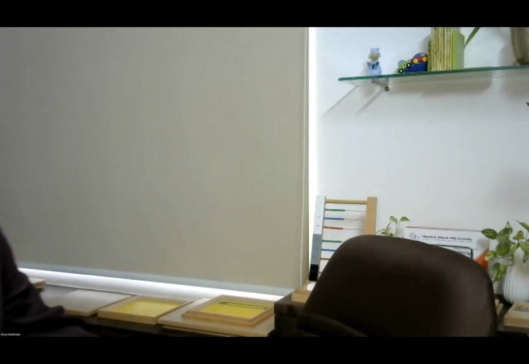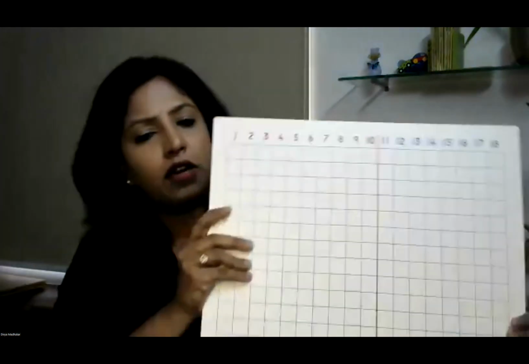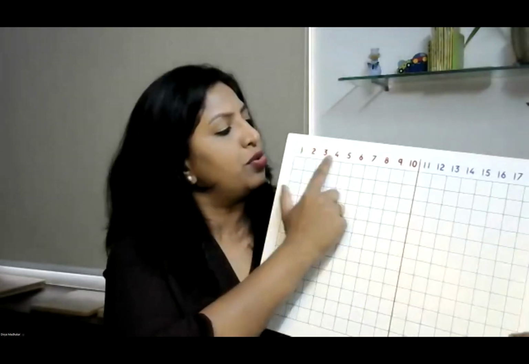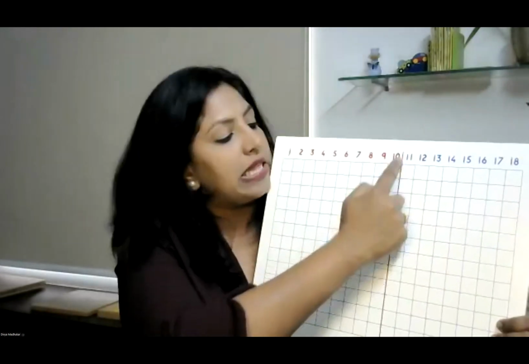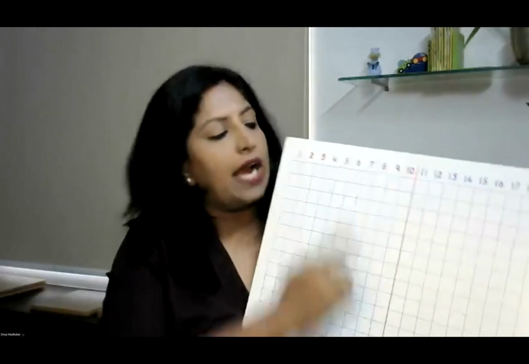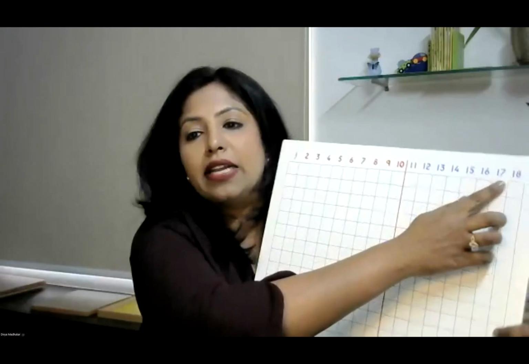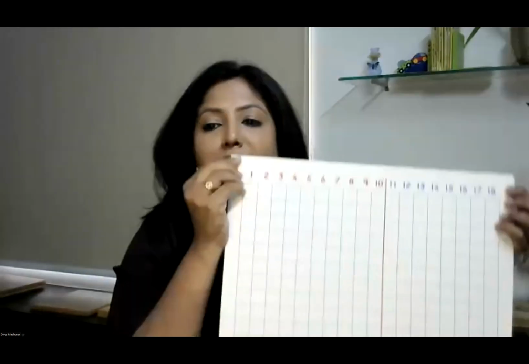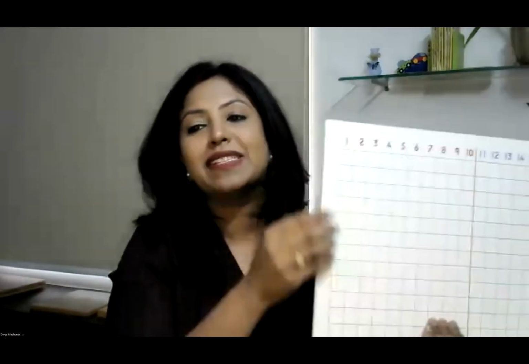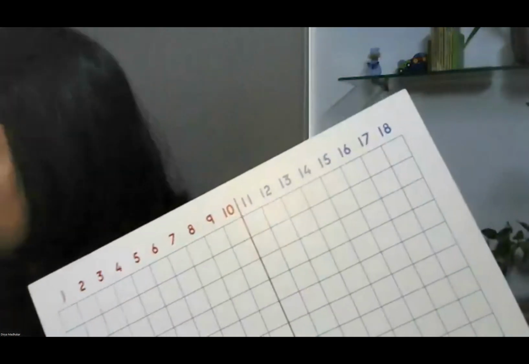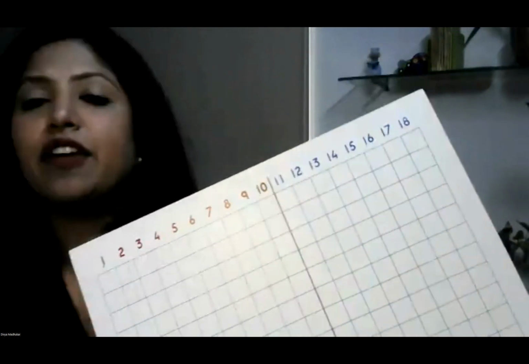Now on our addition board, if you see, this is our addition board, and you will be able to see numbers from 1, 2, 3, 4, 5, 6, up to 10, and after 10 there is a line which has been put. If you see, the first numbers are marked in red and these numbers are marked in blue. So the maximum sum that I would be able to perform is 18, because I can perform a sum of 9 plus 9.